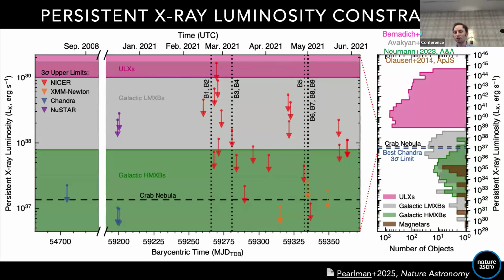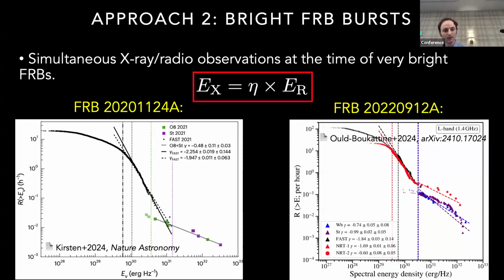And our limits disfavor persistent ULXs, as I mentioned. It's hard to reconcile the observations with even transient ULXs or accreting sources with luminosity larger than 10^37 or 10^38 ergs per second. And many of our limits are also below the X-ray luminosity predicted for a 1.4 solar mass neutron star accreting at the Eddington limit. And we can also rule out a fraction of Milky Way-like LMXBs with bright persistent emission.